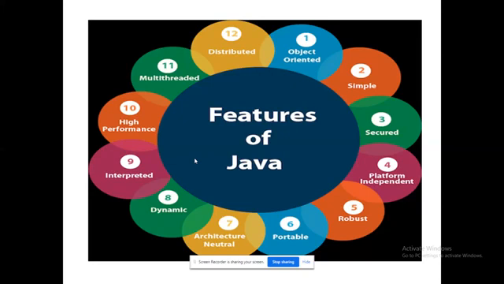Okay, so that's the thing. Since we are all carrying our mobiles with us, the apps are ready to download wherever we need to work with them. The portable nature of apps is derived only through this feature of Java. Okay. Next one is robust. Robust means it is not densely packed, right? It could be like plug and play. That's what the term robust means.